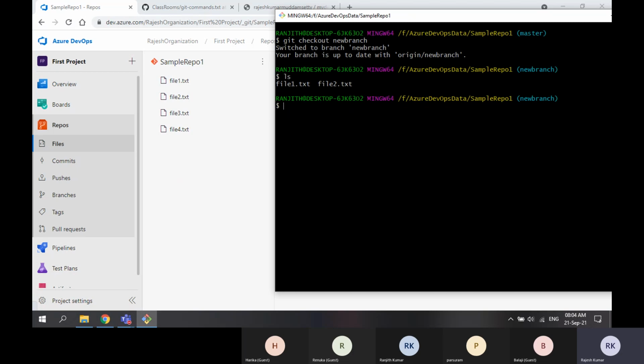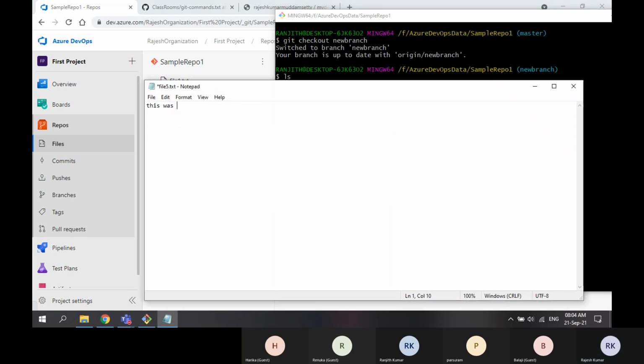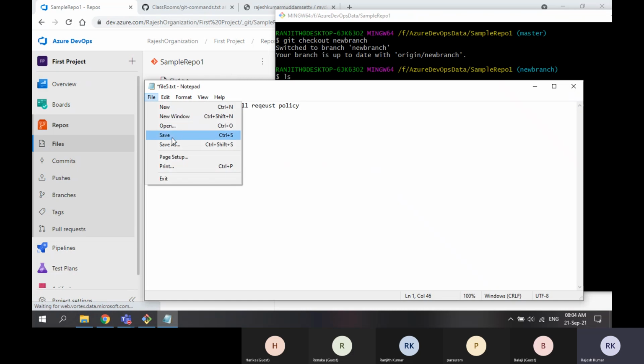Now I have only two files. Here I will create file 5. Notepad file 5.txt. Yes, all created to check pull request. File save.